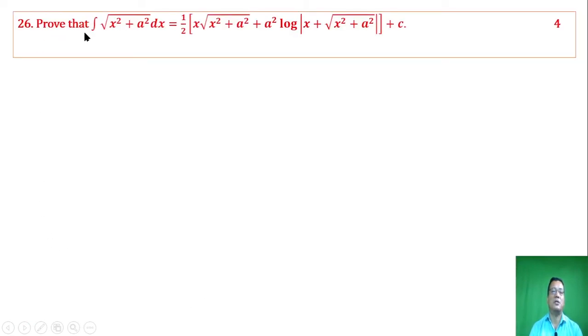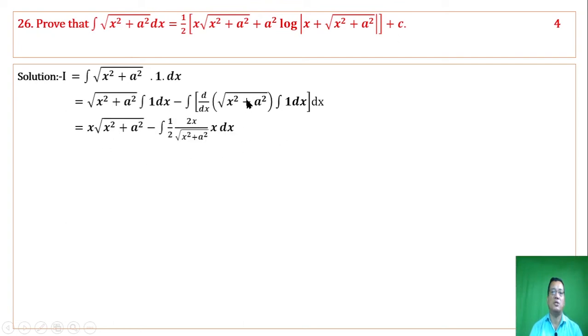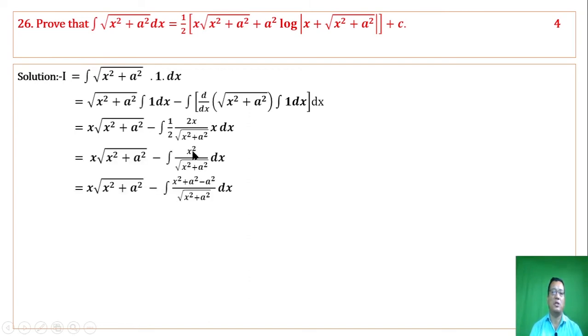Prove that the integral of root over x square plus a square dx is this. 4 marks. We have to apply integration by parts. The first function is this, second function is 1. First function remains unchanged into integral of second function minus the integral of derivative of first function into integral of second function dx, whose integral is x and whose derivative is this, 1 by 2 root over x square plus a square, twice x into integral of 1 dx, and we get this. Express numerator in terms of x square plus a square minus a square,